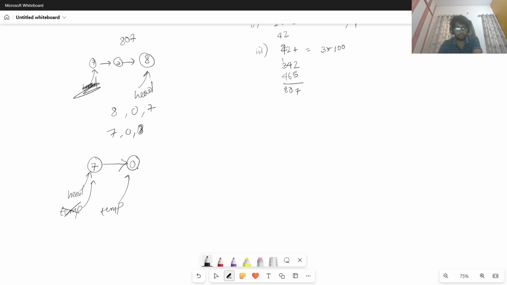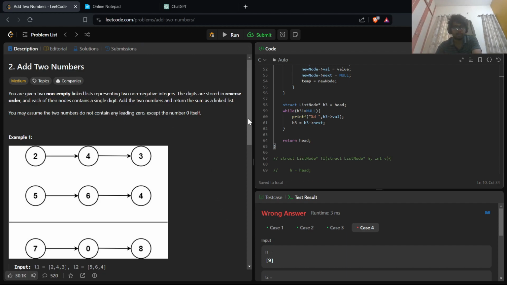And the same, so what we do again is we create 8 and we say temp's link is this, and we move temp from here to here. And then finally, we'll get rid of temp and we'll return head. So and then finally it will be 708. This is basically what this code is doing,